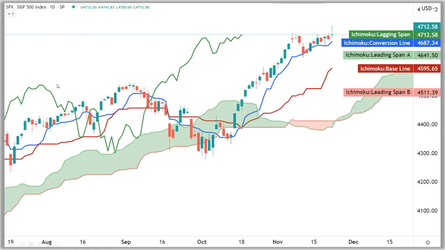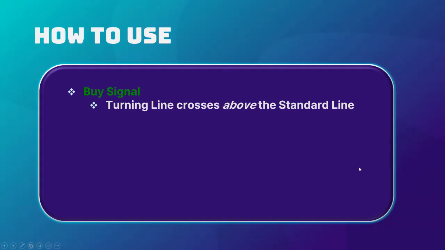So when we look at this, I actually have it back on the SPX, the S&P 500 index. We have all the pieces included: the lagging span, conversion line, leading span A, which is the cloud, baseline, the leading span B, and so on. So the way we want to use this is pretty simple. There are simple buy signals and there are complex buy signals. The problem with the simple buy signals is that you may be getting in too soon. So we're going to hopefully not make it complex like it's difficult, but complex in that it's going to filter out